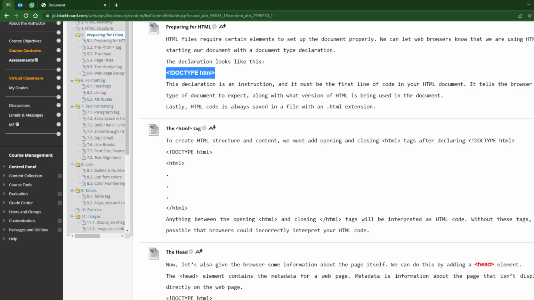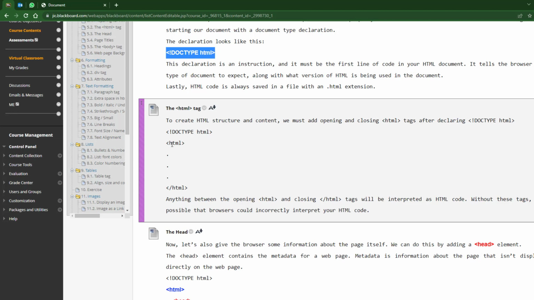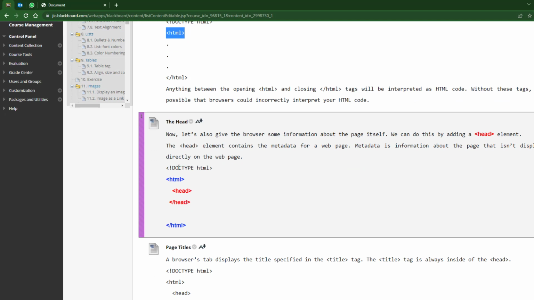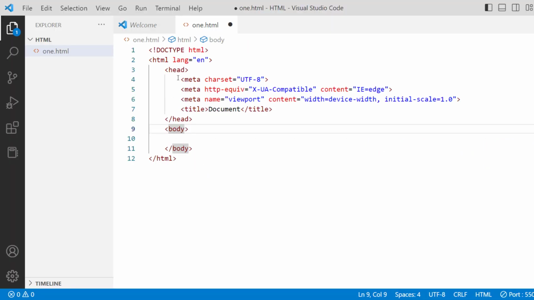Now the second tag was the HTML. To create HTML structure and content, we must add opening and closing HTML tags after the doctype tag. Now the next one is the head tag. In the head tag, we have information about the page itself, and metadata is information about the page that isn't displayed directly on the web page. So anything that you see here is not displayed. It's just telling the browser what details are there. We will not go into this detail at the moment,